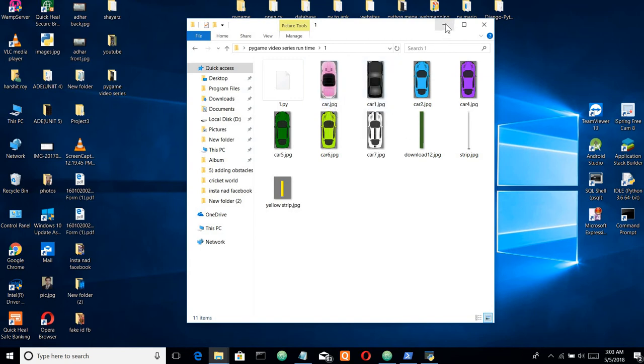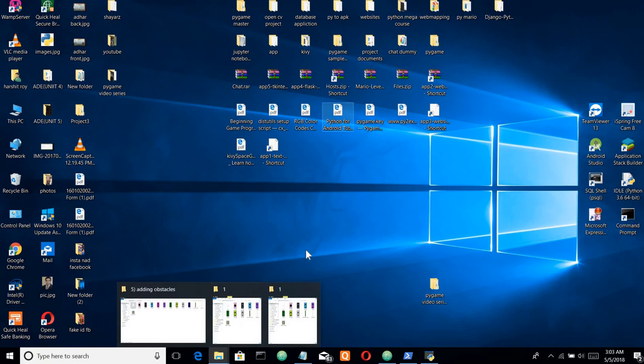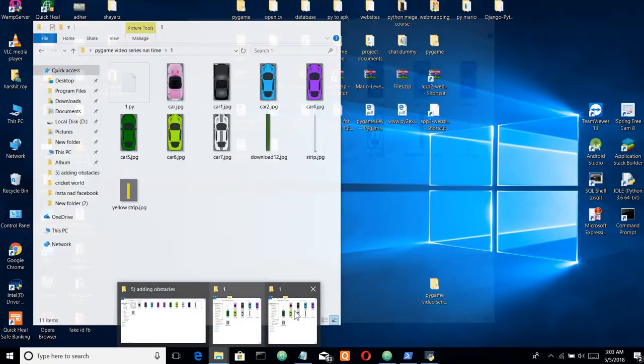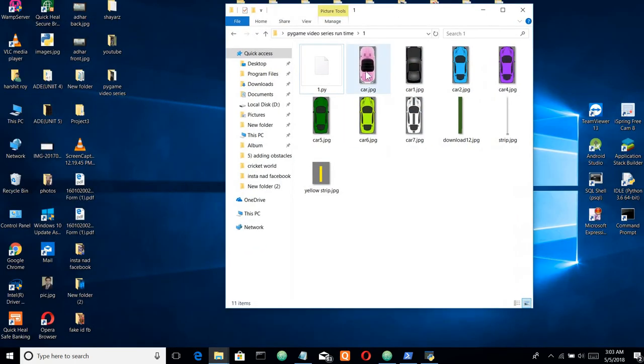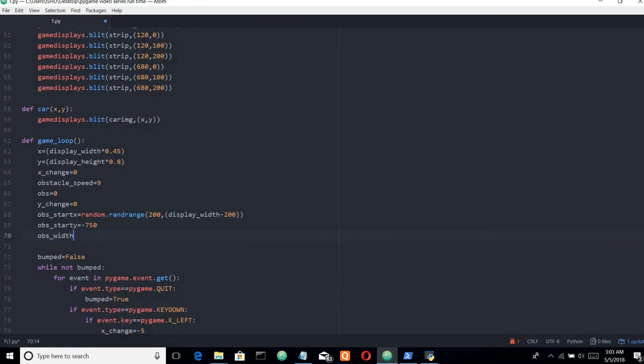I'll be making a new video for all these tricks, like how you can resize the images and many more, so wait for them. Okay, obstacle width for me is 56,